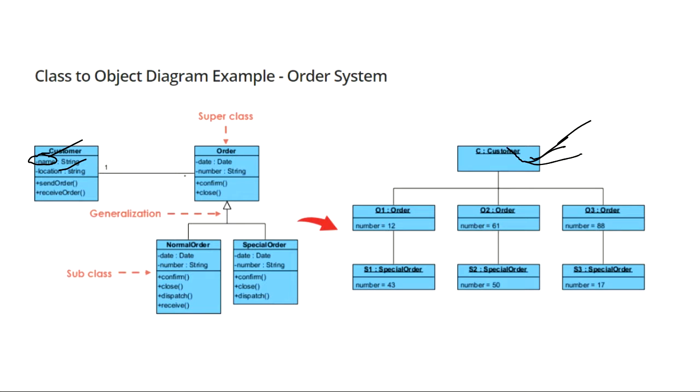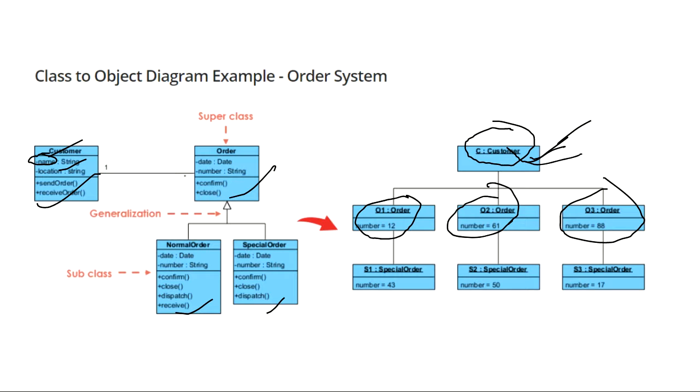See, what is the basic difference between class and object diagram? That is also you have to understand. A class diagram is a general representation between different classes. Object diagram means when the object of one class is interacting with object of other classes. This is very important to create an object diagram.